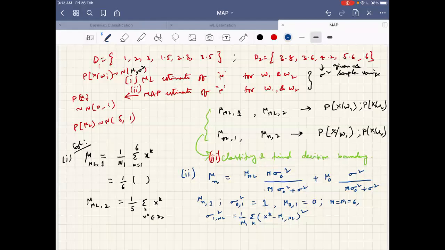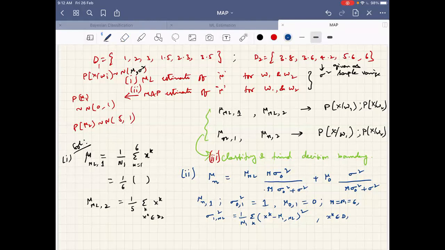Okay, so I take the samples of class 1, and then I will find the sample variance. That I will call the sigma 1 square. Correct or not? So I have all the values. Now I will substitute, I will get mu n for class 1. Similarly, I will get mu n for class 2. All this gives me mu n for class 1 and mu n for class 2. Fine, very good.